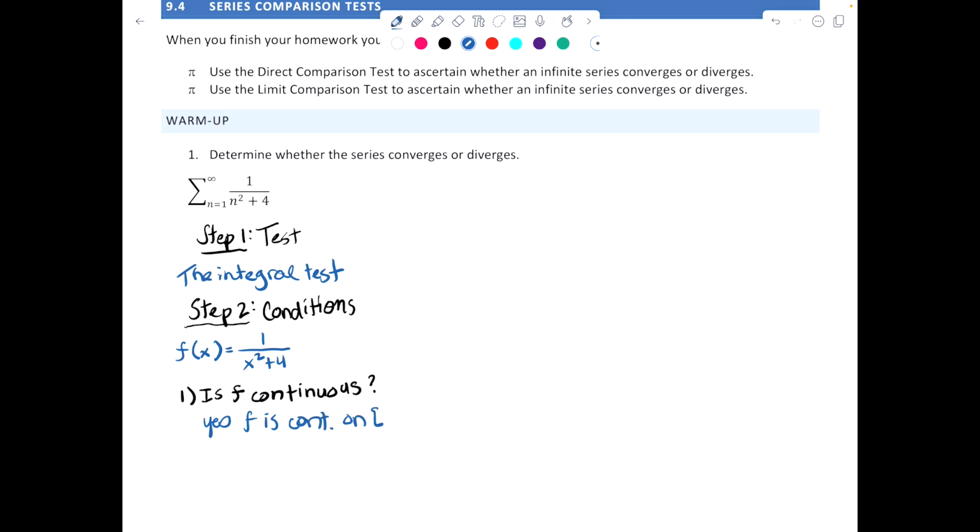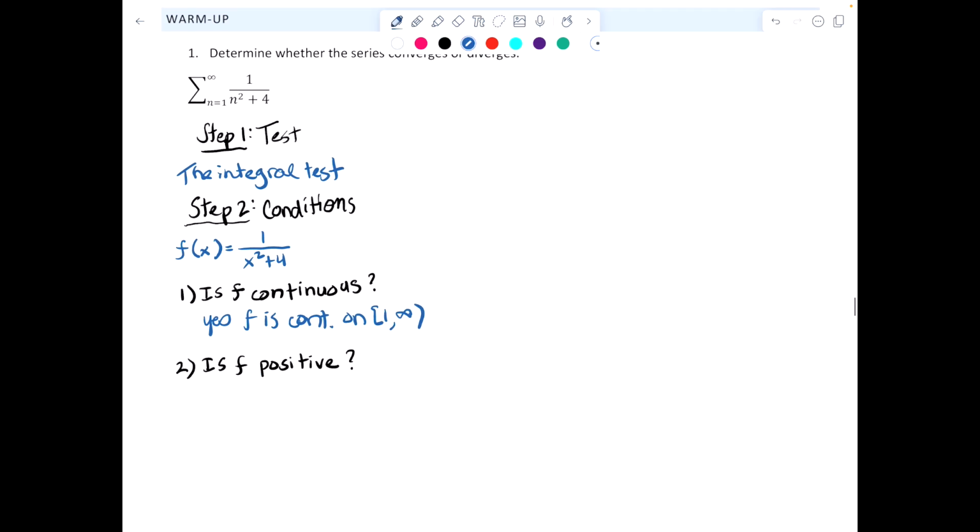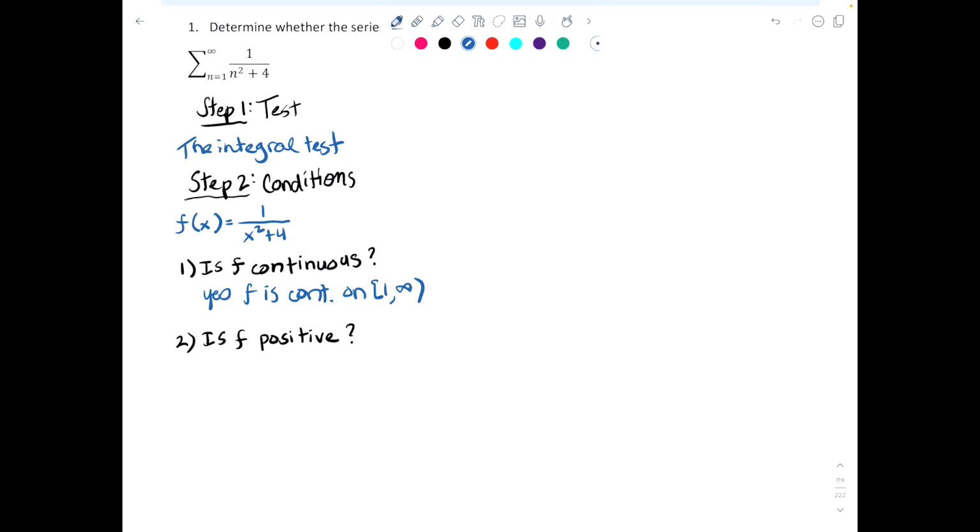on 1 to infinity. And then, is f positive? In fact, f is everywhere positive for the reasons we just talked about. So f is greater than 0 on the whole real line because of the x being squared and then adding 4. And then 3, is f